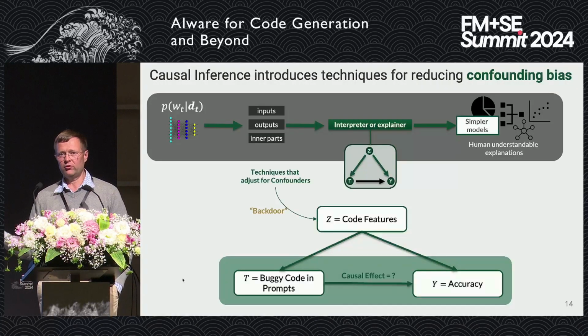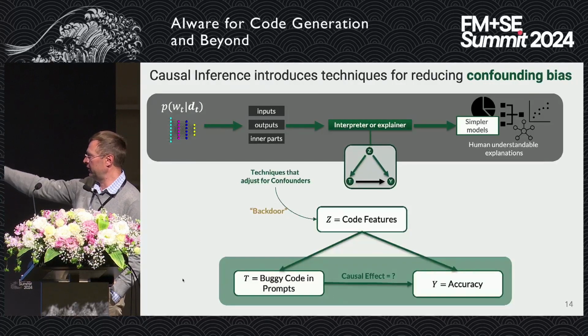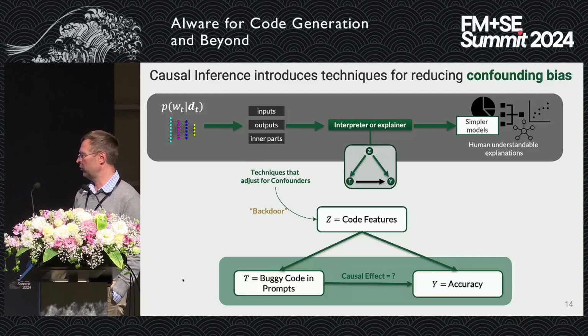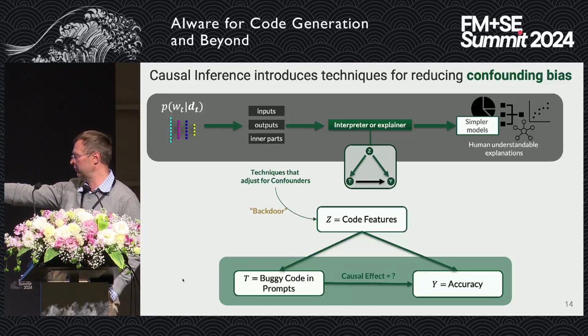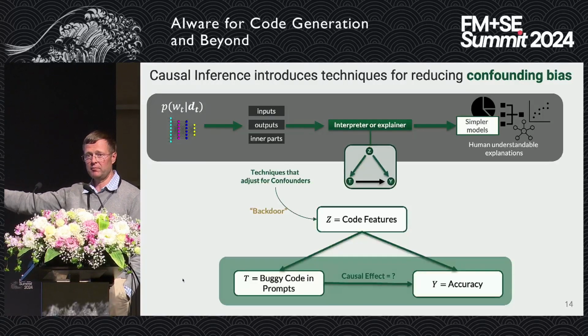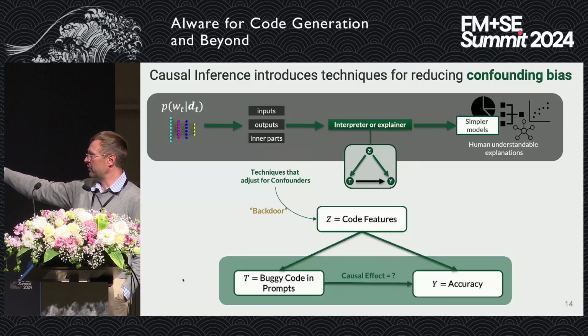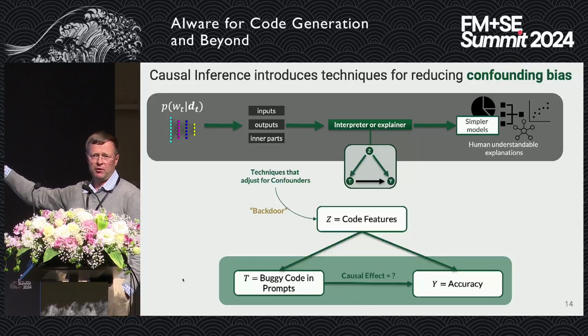So why causal interpretability? It's a really good mechanism to try to estimate causal effects. So basically, I'm showing you here a very simple structural causal graph, which has treatments, which in this case, we're trying to understand whether bugs in the prompt have any impact on the generated code, which we're measuring with accuracy measures. But we're trying to estimate this causal effect in the presence of a whole bunch of confounding factors, which we're measuring by computing various code metrics.